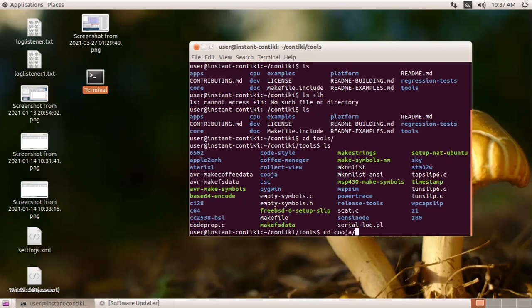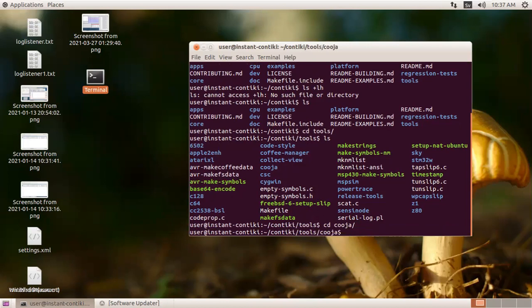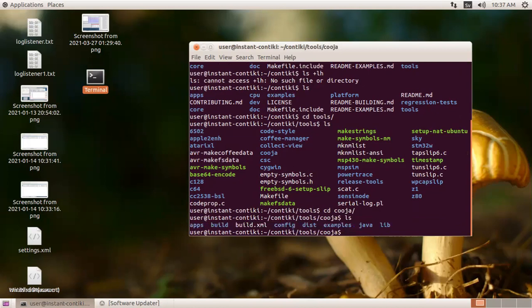So in this Contiki operating system, we have this tool known as the Cooja tool, where we are going to deploy our sensor node and sensor network, and then we can implement the routing protocol over here, right? We can implement the MAC protocol with this, right? So I'm just going inside this Cooja folder, and in that folder you will see all these files, right? Now to run the tool, we have this command.